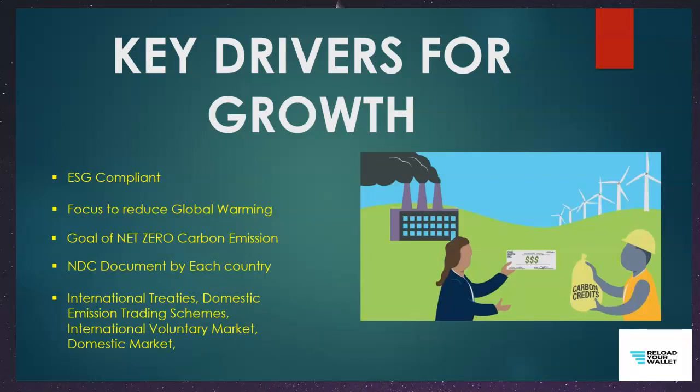Then comes your international voluntary market. So for companies to become ESG compliant, they'll go for the international voluntary market. Then comes the domestic market. So domestically also people will trade. For example, these two that you see, right? Both of them are in India and they want to trade among themselves, and they need somebody to do this